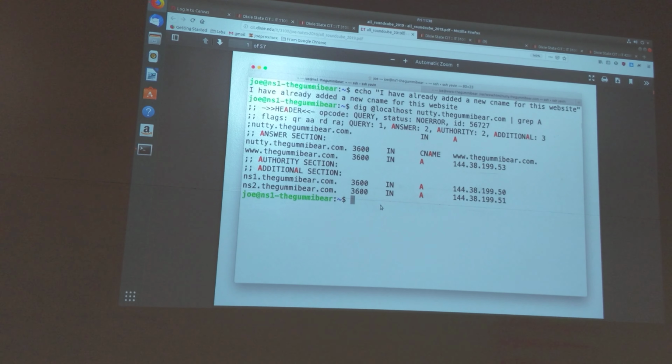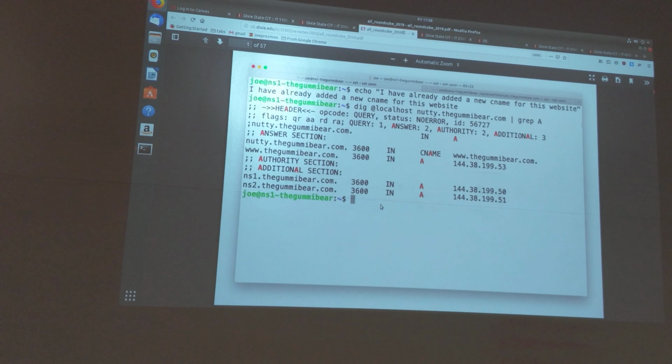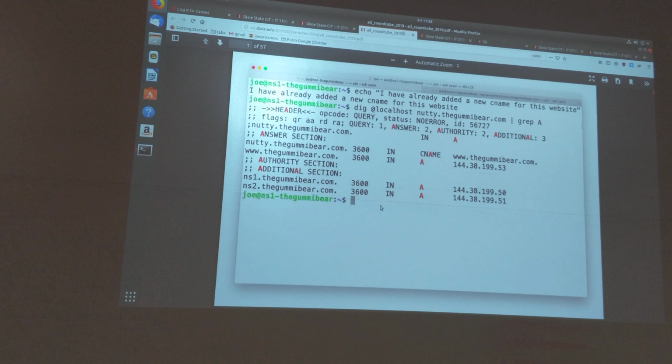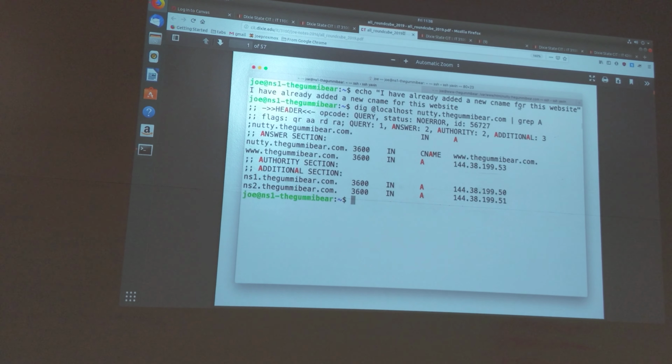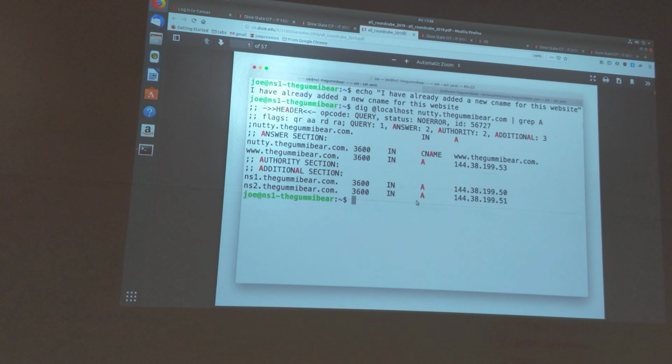At this point, I might say, oh, I added an A record, and I didn't go back and take screenshots of how I added an A record and incremented the serial number. So in this one, I added a CNAME for this website. This is going to be a web-based email client running on my web server. So I added a CNAME, Nutty. You can see that it came back. Nutty is a CNAME for www. Nutty is going to be the way that I access this